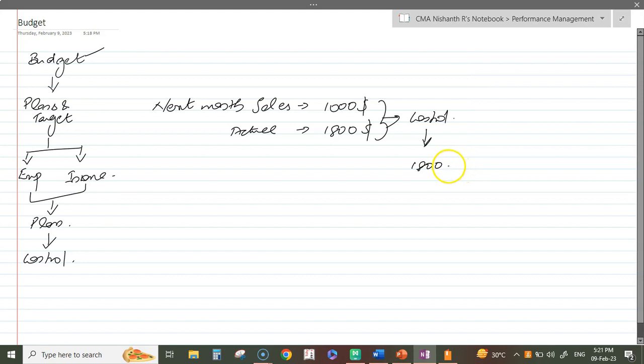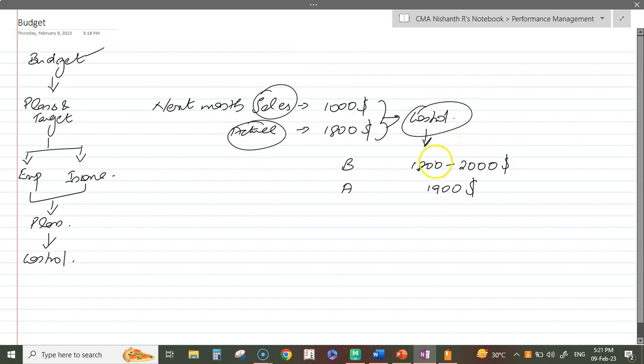So I'm going to set a budget for the following month's sales as 1800 or $2,000. This is my budget. My actual came around at $1,900. So you saw how I set a plan based on the actual performance, I controlled it and I set another plan.